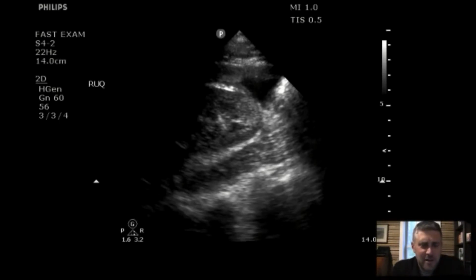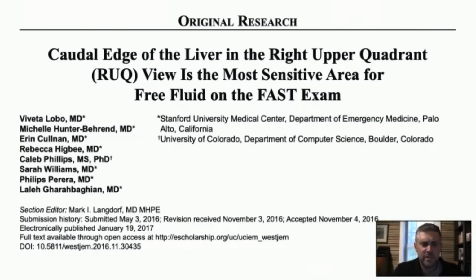But this one here has fluid that's predominantly seen at the caudal tip of the liver, right? And the inferior pole of the kidney. And I brought this up because this illustrates a really important point with the FAST exam, right? There's a study that was performed. This one looks like, I think it was 2016, 2017 era, out of